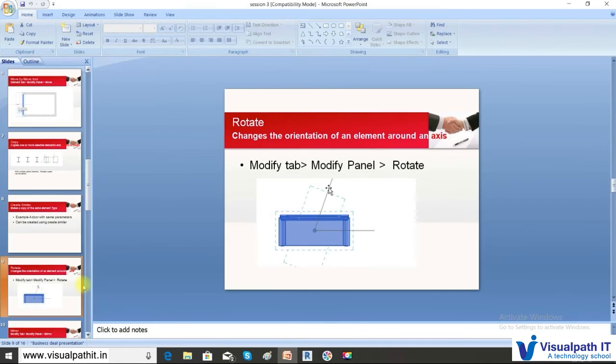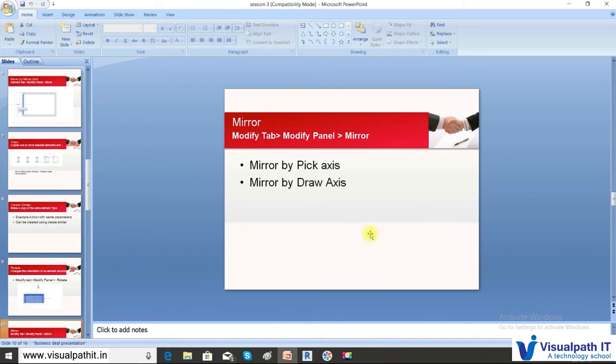Our next command would be the mirror command. So mirror can be done by two methods. What is mirroring? It is the reflection of the selected element. So mirror by pick axis and mirror by draw axis. There are two methods.